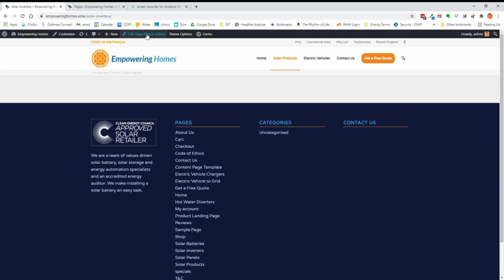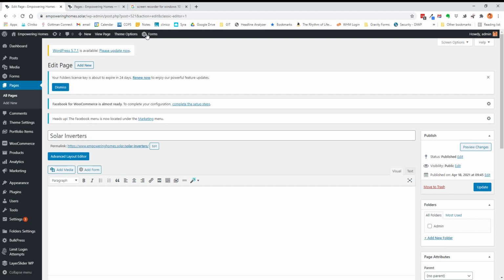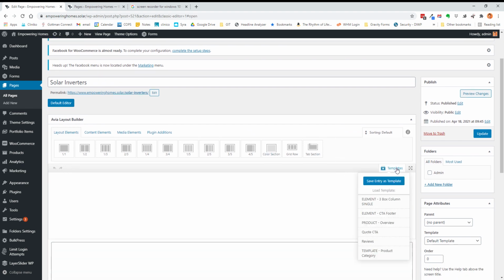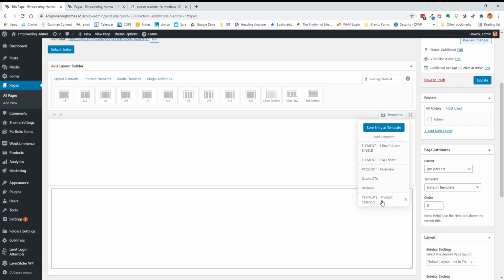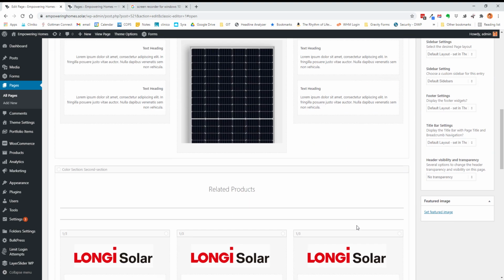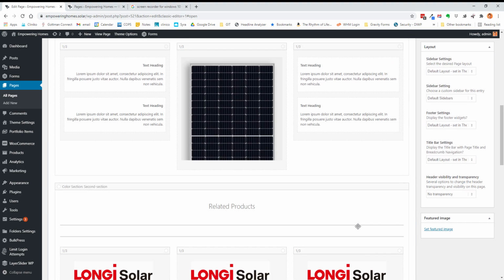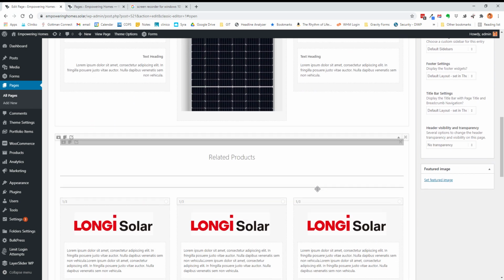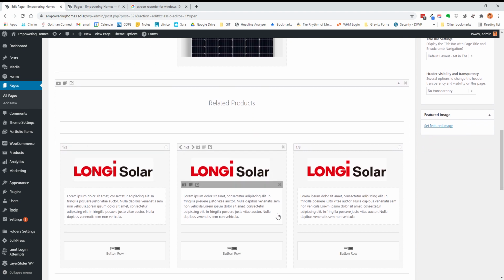What we need to do is to come into the edit page, classic editor. We'll go to the advanced layout editor, which is this blue button here, and choose a template. So the template for these top level pages is the template product category. Okay, so what this has is a sort of hero image for whatever we're talking about. In this case, it's inverters, and then we've got related products,